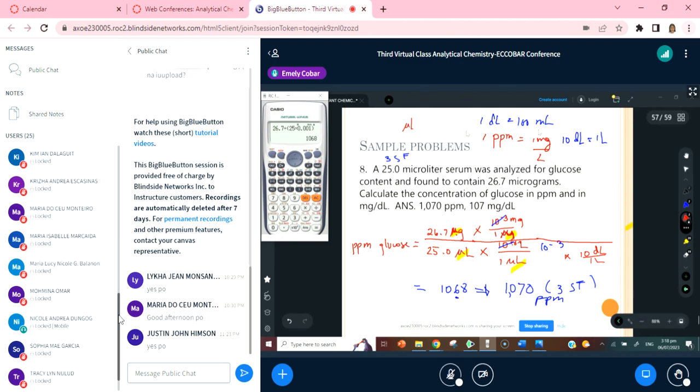So in 100 ml or 1 deciliter of the blood, pag yung glucose level mo doon, yung milligrams of glucose mo doon, di ba parang nasa, ay yung normal value ng glucose sa blood is, I think,